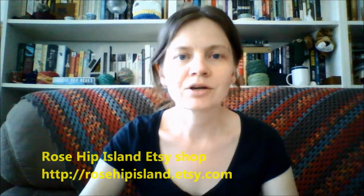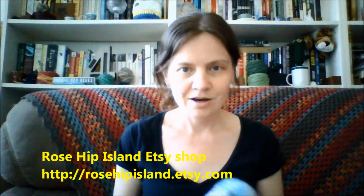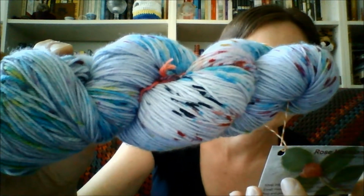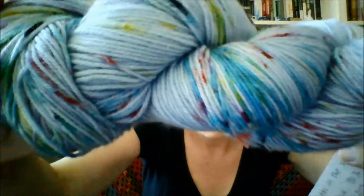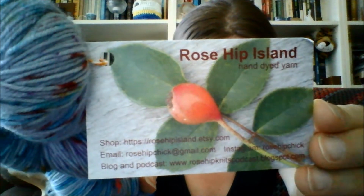So my first acquisition is from the wonderful Hannah from the Rose Hip Knits podcast. She's recently opened up an Etsy shop where she's selling her hand-dyed yarns. So I placed an order with her and I got this wonderful skein. This is called Smarties in the Sea on the Oz Sock base, 80% Australian Merino, 20% nylon, 418 meters and 112 grams. So it's a light blue yarn with speckles of colour, and I got the Rose Hip Island